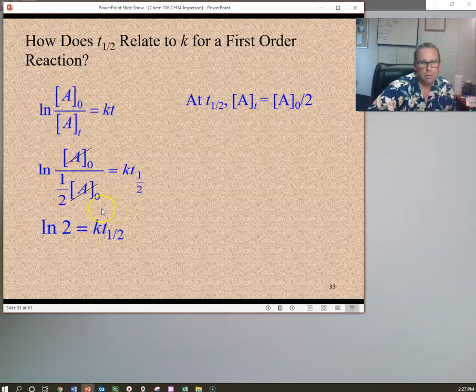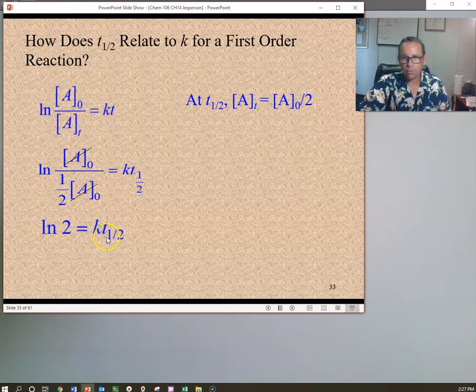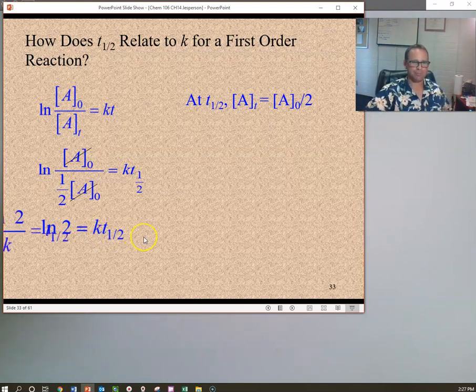Now, if you're only provided this first order integrated rate law, it's easy to get to this other second relationship, which is, again, a relationship between a number, the natural log of 2 is just a number, the rate constant, and the half-life. Okay,